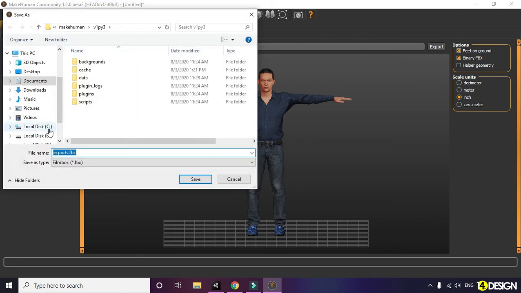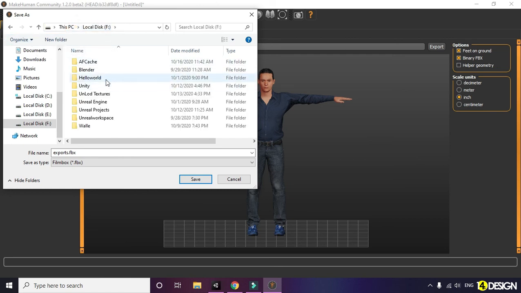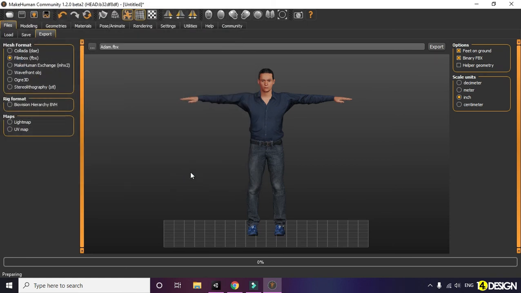I'm going to save it inside a folder here. Let's create a folder here. Let's name him Adam and save. Now we're gonna click on export and it will export it.